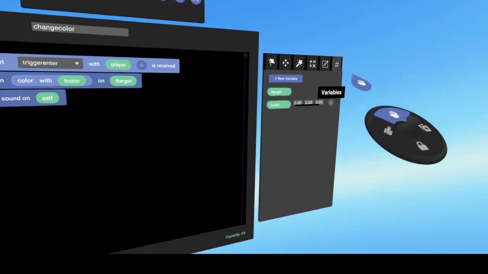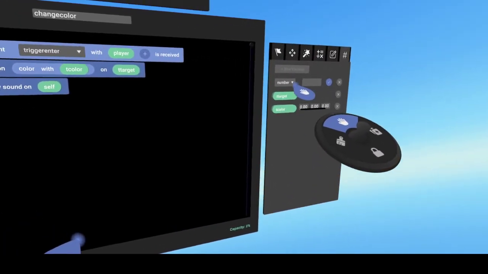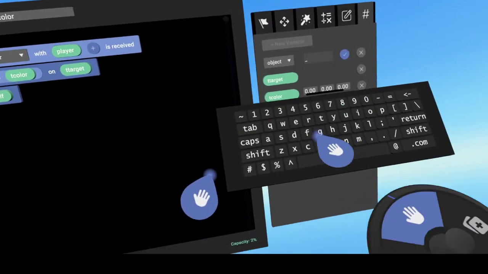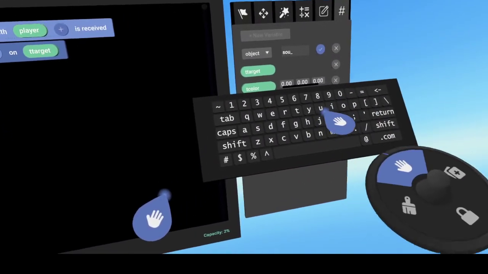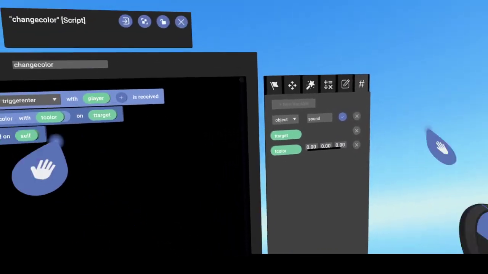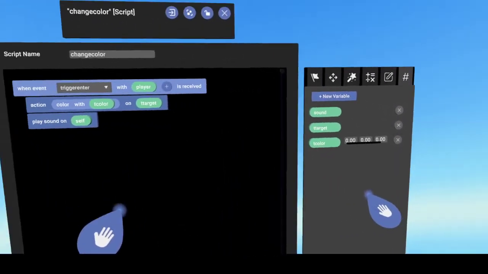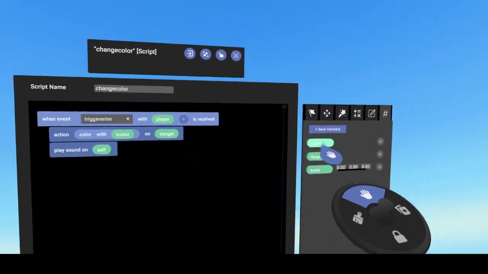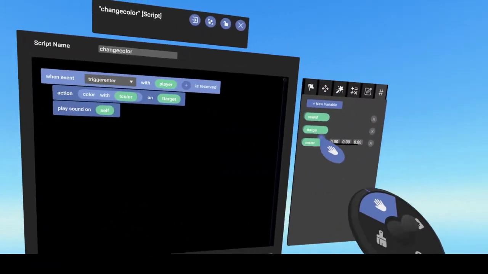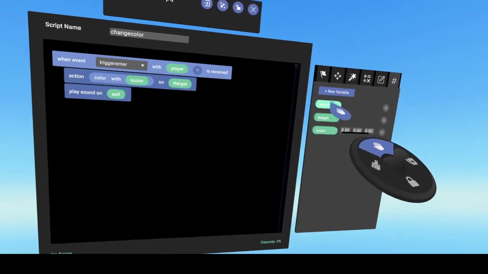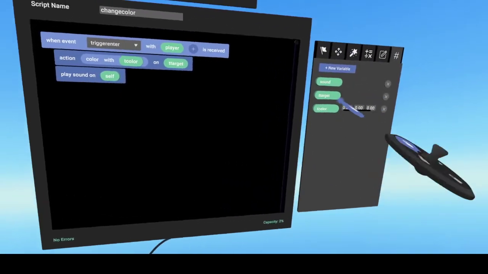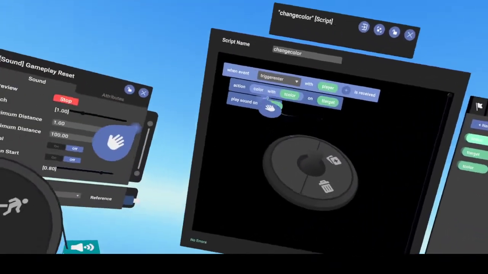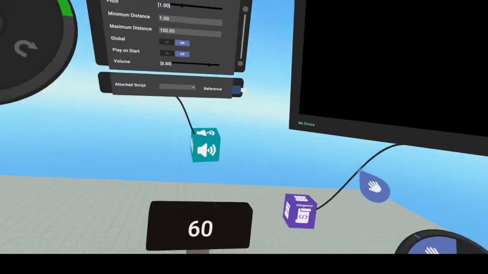In order to get a copy of the sound, I'm going to need another variable. Of course, there's no sound here, so it's going to be object type, sound, return. Very generic variable name, but I don't really care. If you were doing a bigger scene, or had multiple sounds on this, you would want to give it a more specific name. But I'm going to bring it in there. Okay, and now